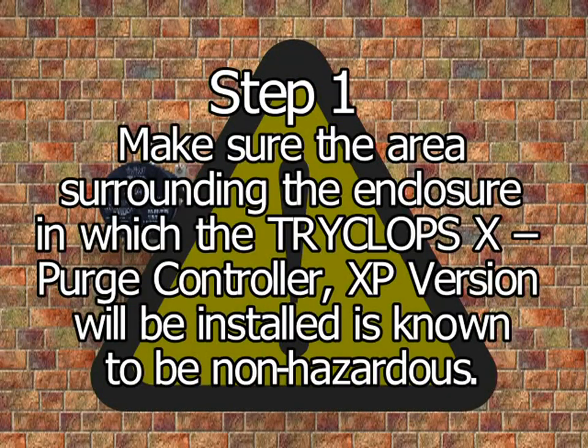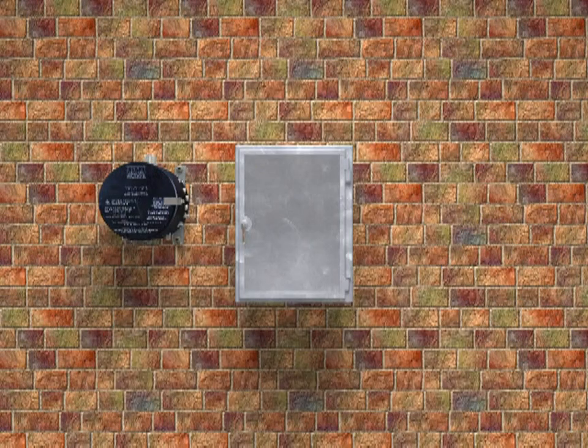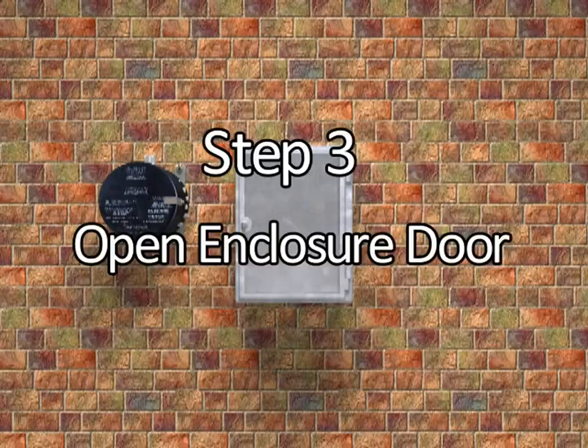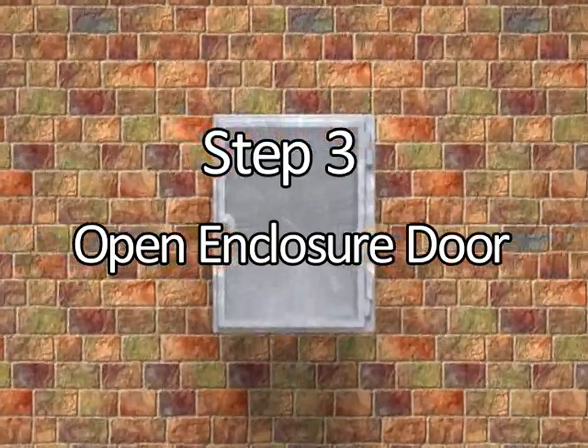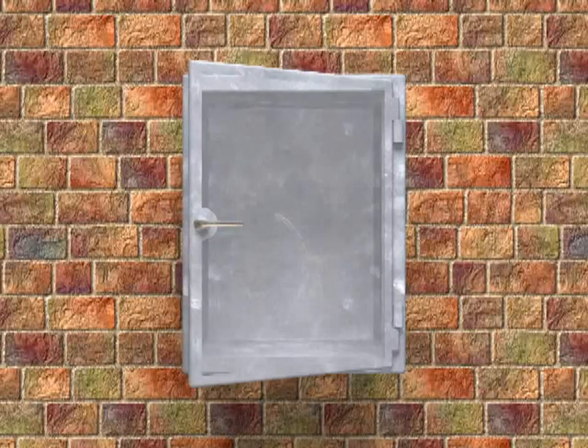Step 1. Make sure the area surrounding the enclosure in which the TRYCLOPS X Purge Controller XP version will be installed is known to be non-hazardous. Step 2. Make sure that all power is removed from the electrical equipment located in the enclosures where the TRYCLOPS X Purge Controller XP version will be installed. Step 3. After it has been assured that the area surrounding the enclosure is known to be non-hazardous, open the